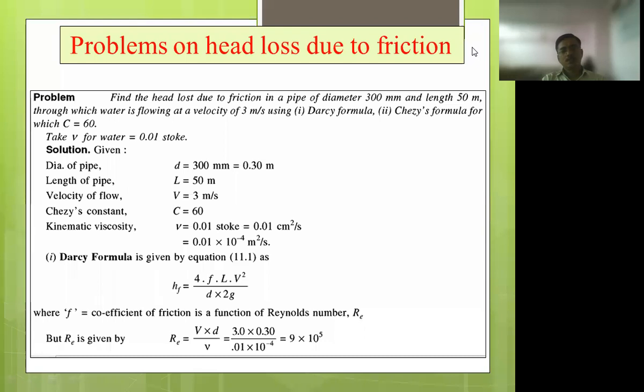Find the head lost due to friction in a pipe of diameter 300 mm and length 50 meter,